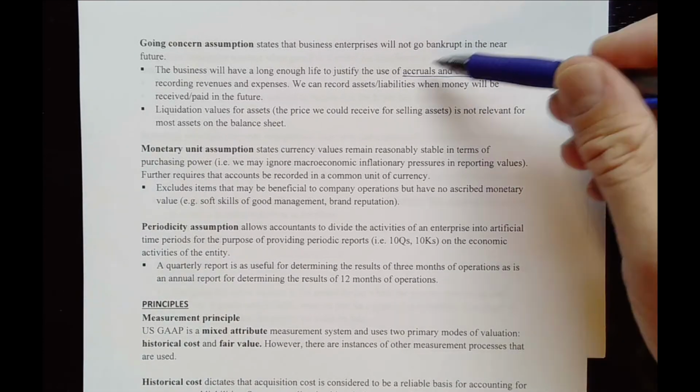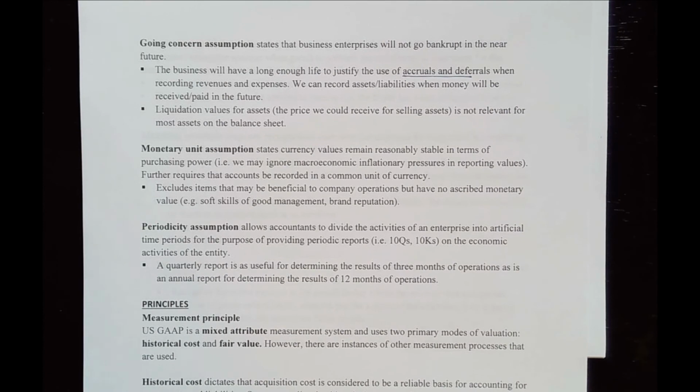If we didn't have any going concern assumption, then there wouldn't be any point of recording. For example, a customer has paid me $100,000 for a service that I will render over the future time. Well, in that case, I received money up front. I would record what we call a deferred revenue. That's a liability, and I would only record revenue as I've earned that contract, as I've discharged my obligations as